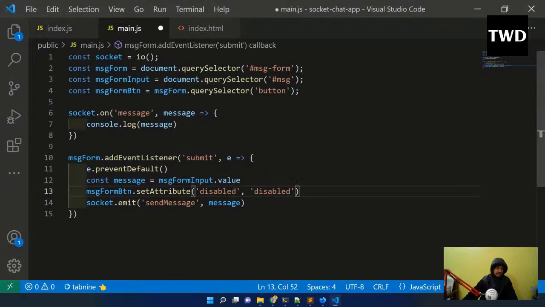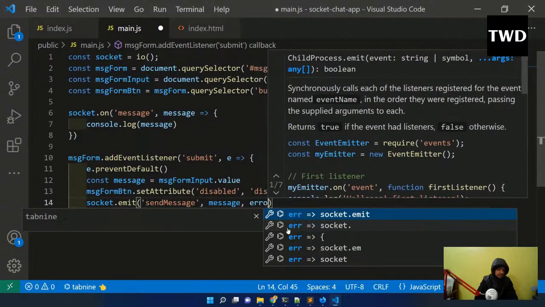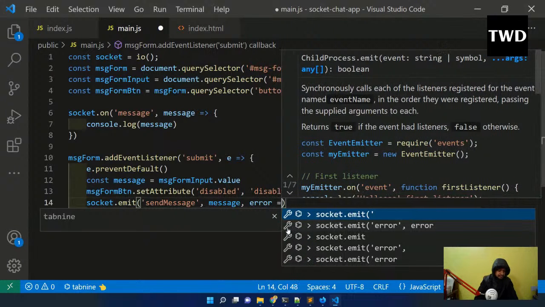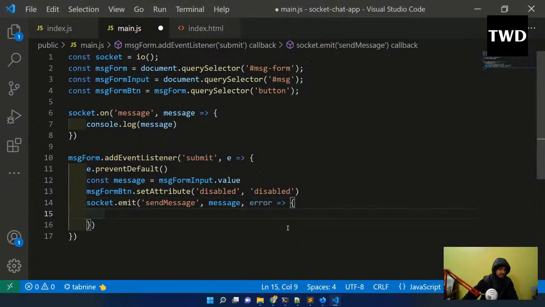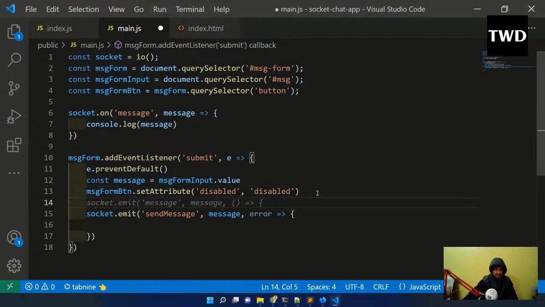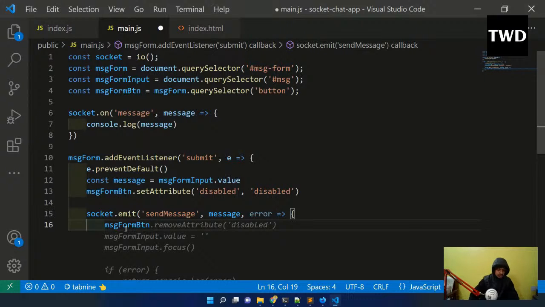Here it has been shown sent. But what we need to do here is send the error also: message, comma, error, like this. And first, we have to remove this attribute, meaning the button should not be disabled after the message has been emitted. So here I'll do remove attribute